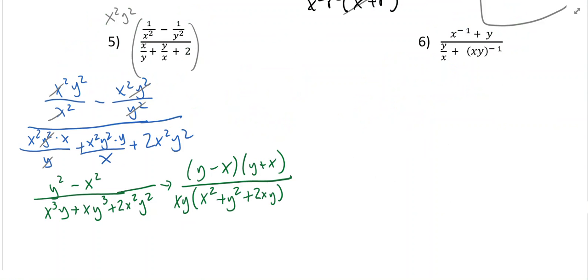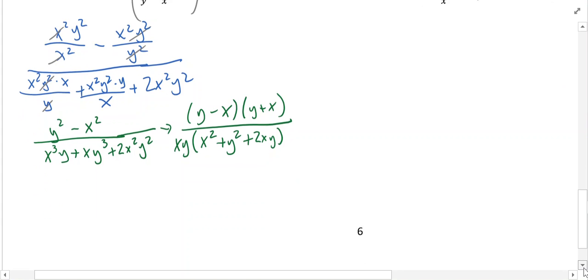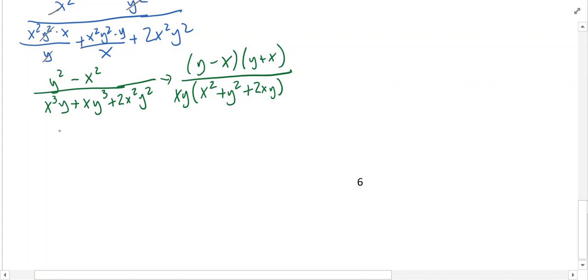Okay, so hopefully you've gotten to this point right here where you have y squared minus x squared. On the bottom, you were able to factor out the xy, so you have x squared plus y squared plus 2xy. Now remember, you always want to make sure things are fully simplified. In this case, this trinomial, we can rearrange it so that we can factor it. So I'm going to go ahead and do that right here. On the numerator, I'm going to keep it as y minus x, y plus x. In the denominator, I have xy, and then I'm going to reorder this to be